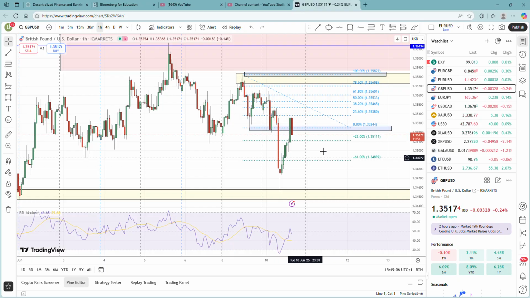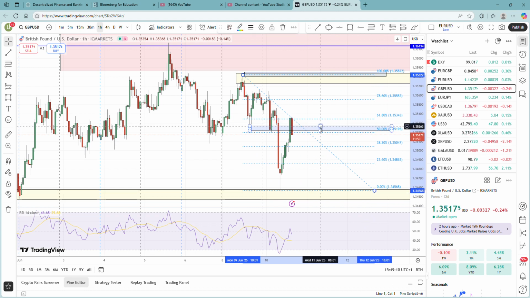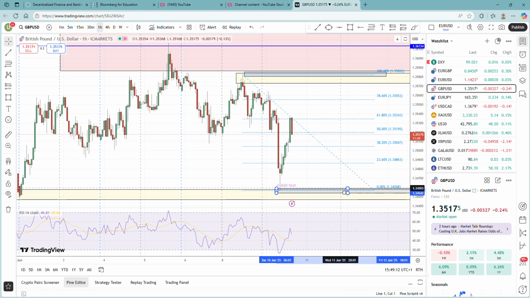Easy as that. Now we will update these levels. You can see that is your H4 and H1. And you can see price has come all the way to the 61% Fibonacci. You could have entered a sell trade right now, but we've already got a sell trade going on